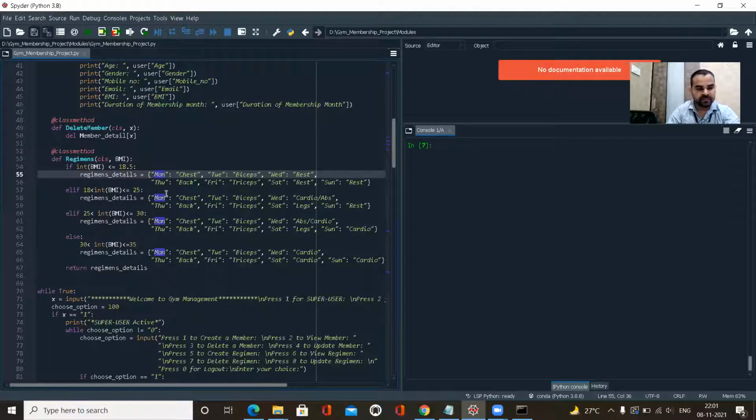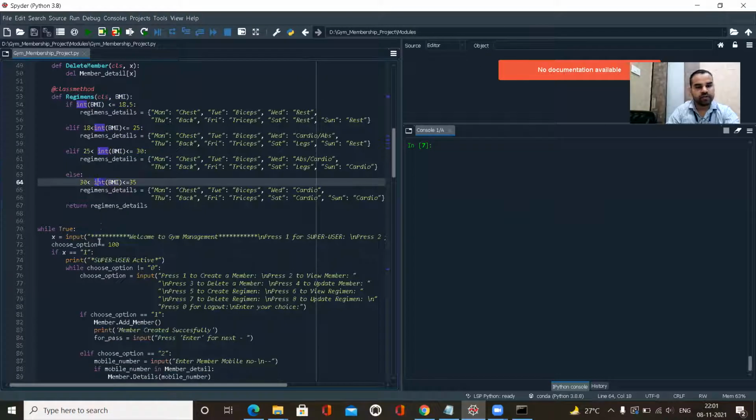I have given another condition here: more than 18 and less than or equal to 25, with another regimen. Similarly for this condition, and again similarly for this condition. So this is all a default regimen. If the user gives their BMI in that range, then this kind of regimen will be automatically assigned to the user.